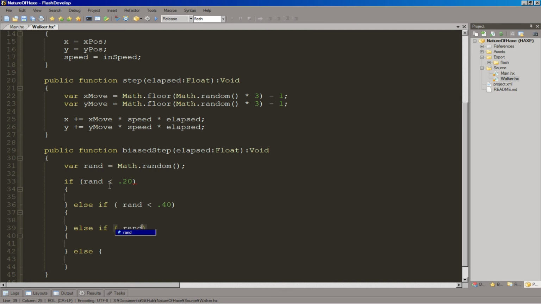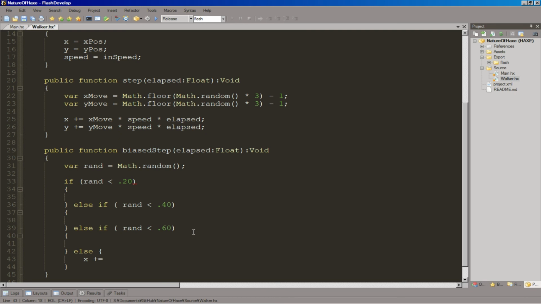If rand is less than 60%, it'll do this, and greater than 60%, the remaining 40%, we will do this last part. So what we're going to do is, if we want it to be biased to moving to the right, let's just put that in first. So x plus equals